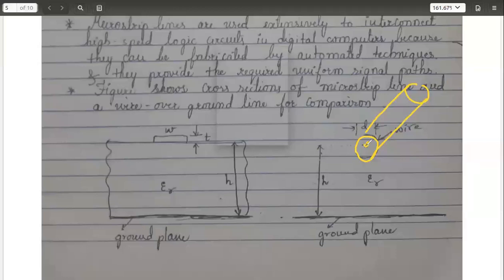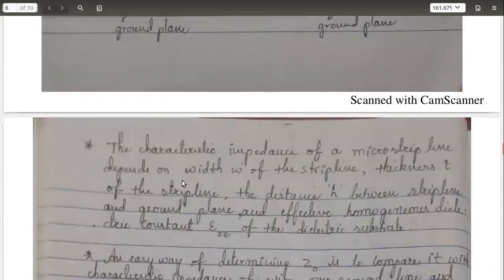The center of this wire, and overall this is your diameter. So this is the wire over the ground line, and this is your microstrip line. I have drawn both as schematic cross-sectional diagrams because we are using the comparative method. Coming to the characteristic impedance,